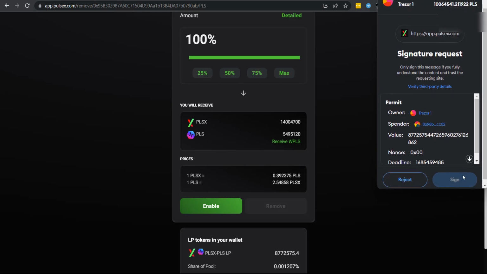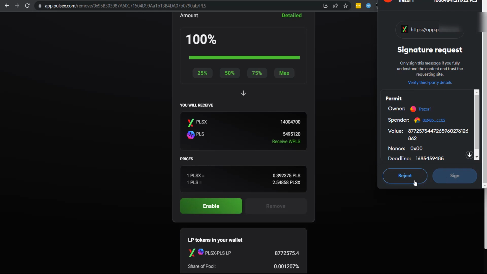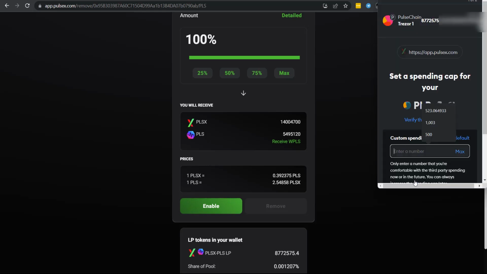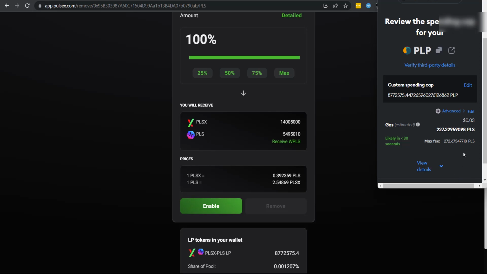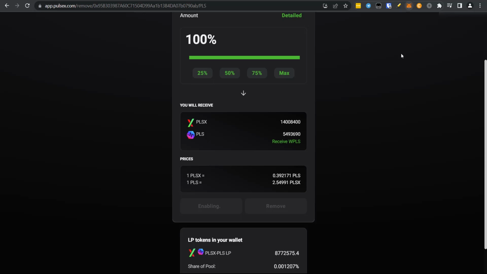Now this is kind of weird right here. This is some sort of a glitch. I'm going to click reject. And now it wants me to do the max thing. So I'll just click that. Click approve now. And we'll give it a minute for that transaction to go through. Okay, that transaction just went through, and now we're going to click remove,